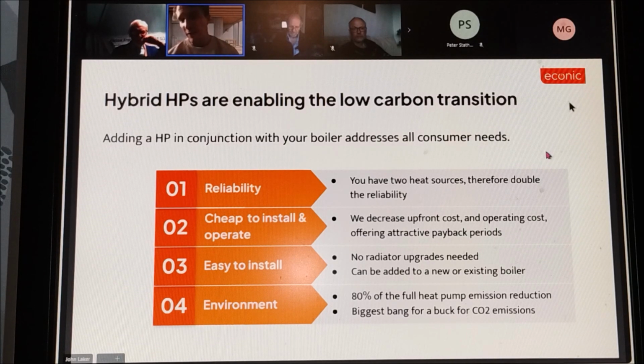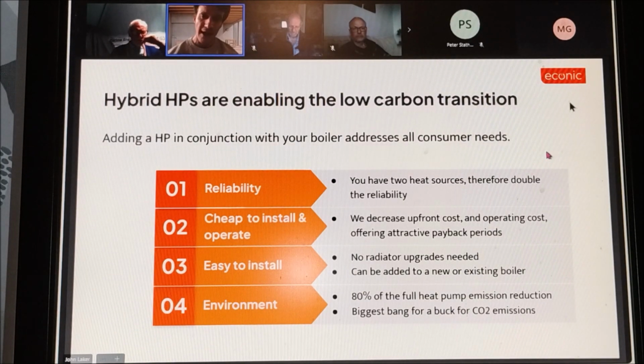So these are why we are convinced that hybrid should certainly be